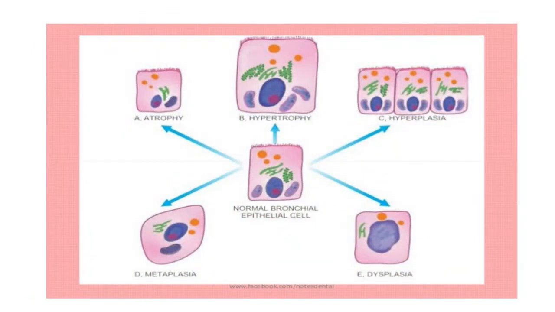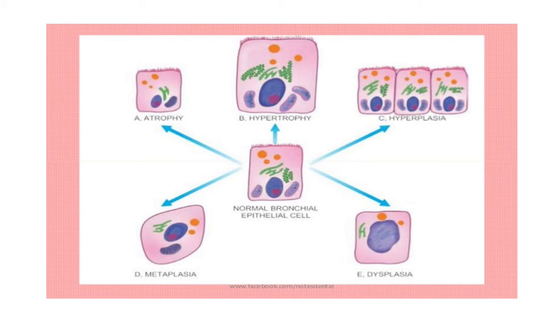So this is what we are talking about. What you see in the middle is the normal cell, the normal bronchial epithelial cells. Okay, so the cells that are found within our bronchioles. This is how they are. So you can see the various organelles and the nucleus that is found in the cell. If a cell becomes hyperplasic, so you see the normal cell, now it has divided into 3. So now it was 1 cell which has become 3. Now the cell has increased in number.